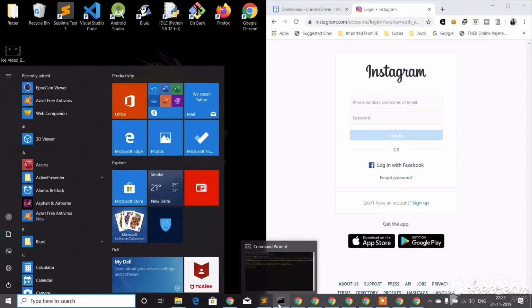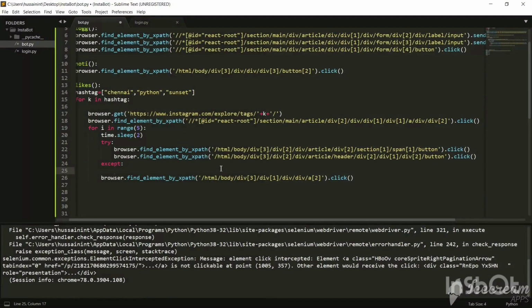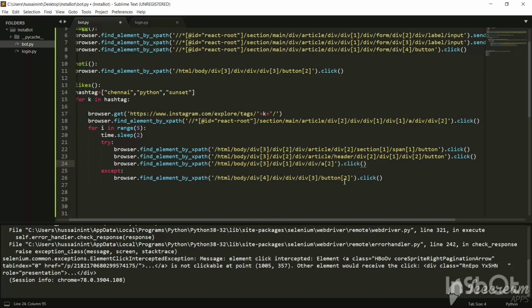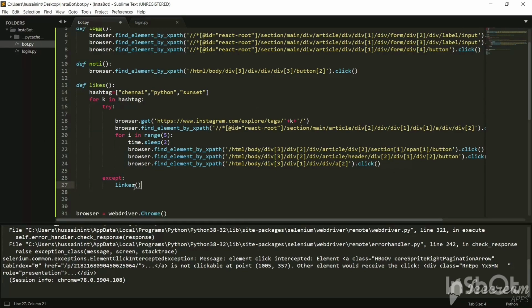It's a little messy here. So we'll write the code browser dot find element by XPath. We will paste the code and we will hit click. So we will copy this, cut this, and we will paste it here. So the error will happen because of this code, because it is not being found. So we will click on the cancel button and we will paste this code here again, and it will run again. So hope you have understood this program